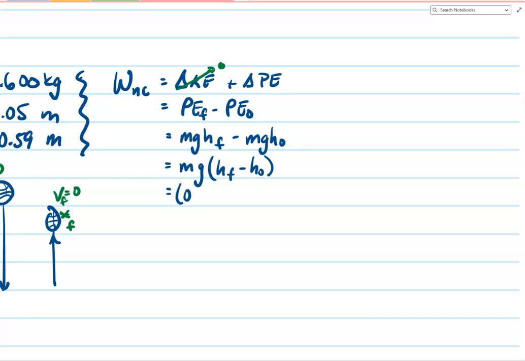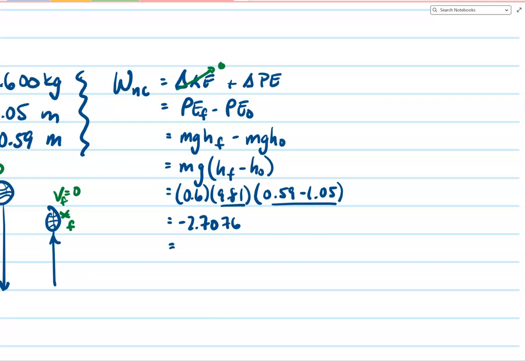But we'll substitute our quantities: 0.6 kilograms, 9.81 for gravitational acceleration, and then our heights of 0.59 minus 1.05. Now take note, the formula was given to us in terms of g, so I am using a positive 9.81 for g acceleration. And then we are subtracting final position minus initial position. The final position was lower than the initial position, so we should get a negative result. And the answer does come out to be negative